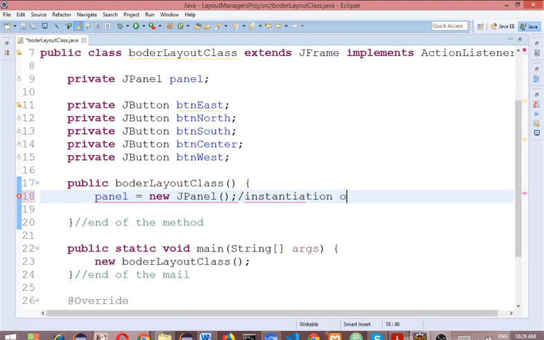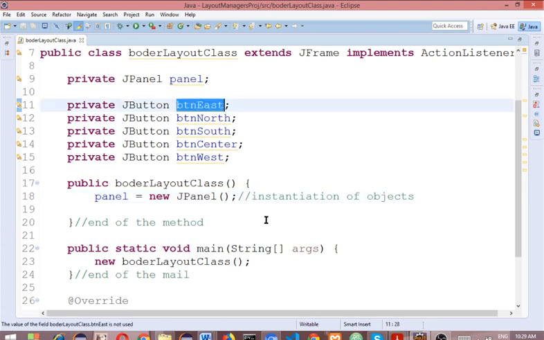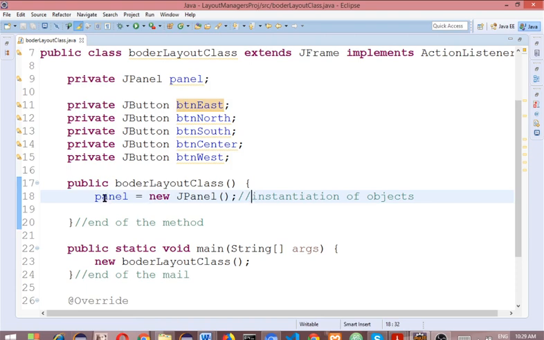Instantiation of objects means creating, instantiating the object. Here you define, and then you create the object. You create the object called panel. Okay, at this point of time,